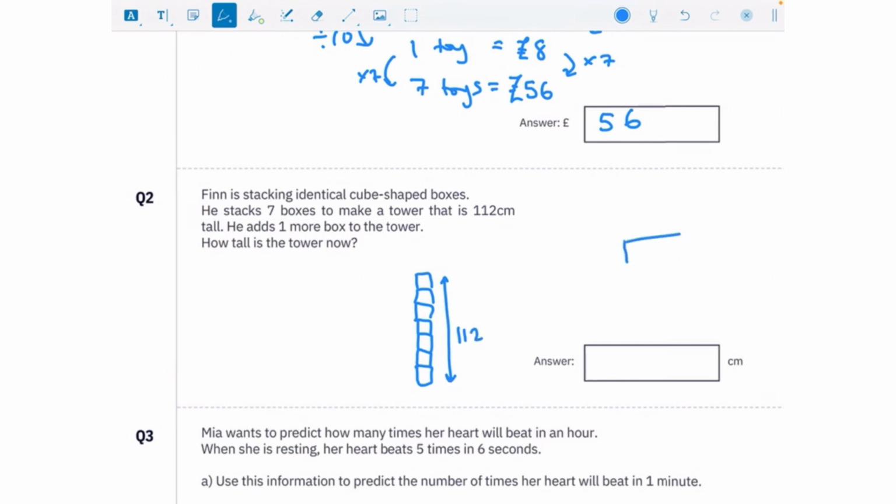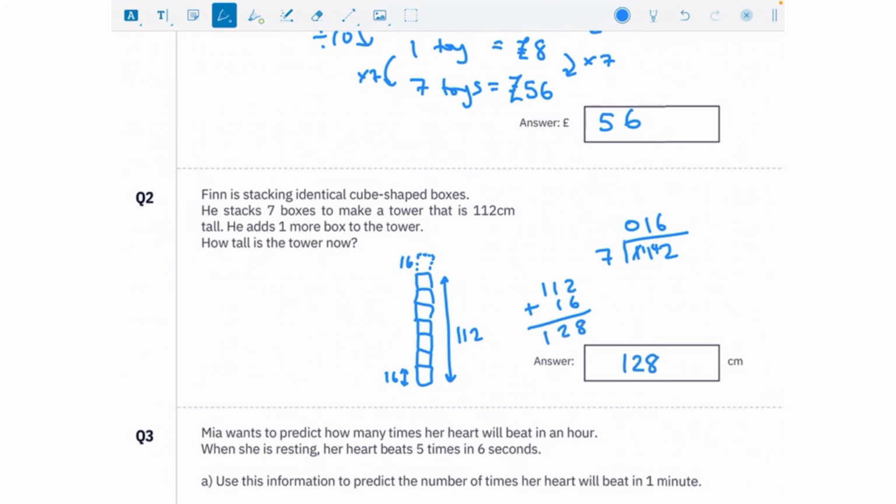So if we do 112 and we divide that by 7, we'll find out the height of each box. 7 into 1 doesn't go, carry the 1. 7 into 11 fits once, remainder 4, and 7 into 42 goes 6 times. So we now know that each of these boxes has a height of 16. So we know that 16, 16, 16, 16, all the way up. And if we add an extra box on the top, then that's also going to have a height of 16. So 112, add on the extra 16 for the 8th box, is